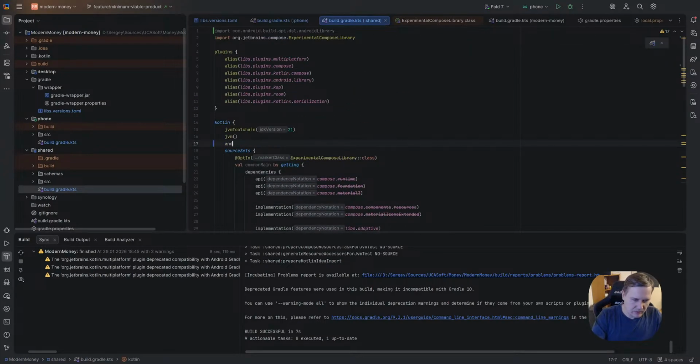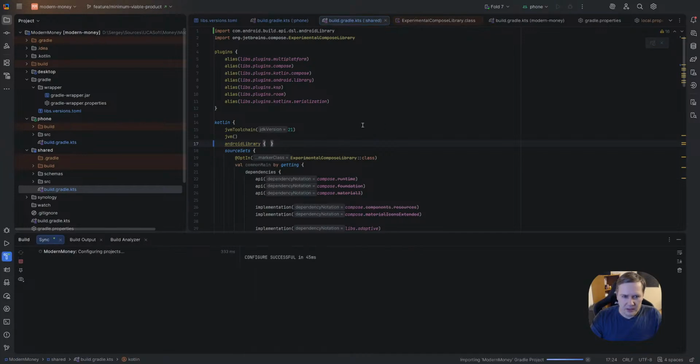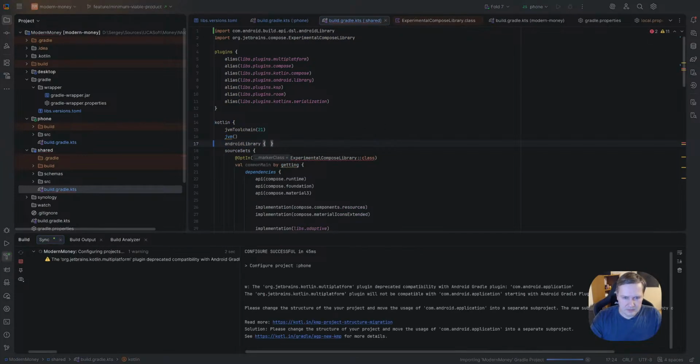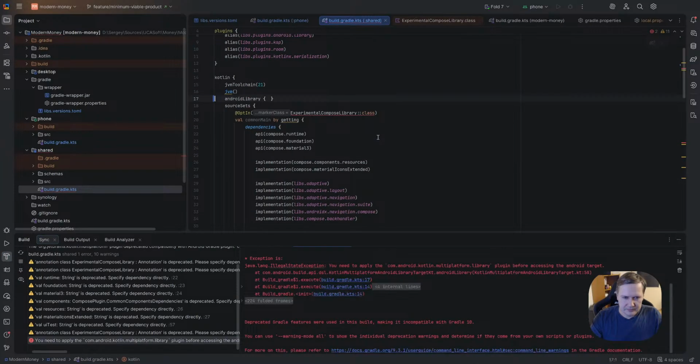Okay, let's replace it with Android library. Let's update it. You need to apply multiplatform library plugin before access to Android target.